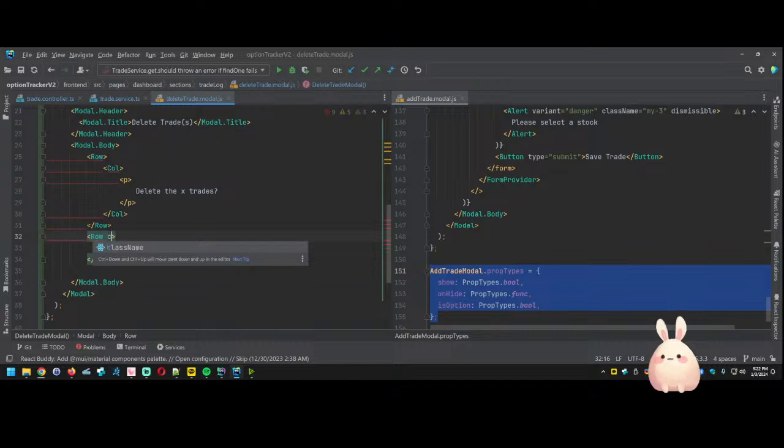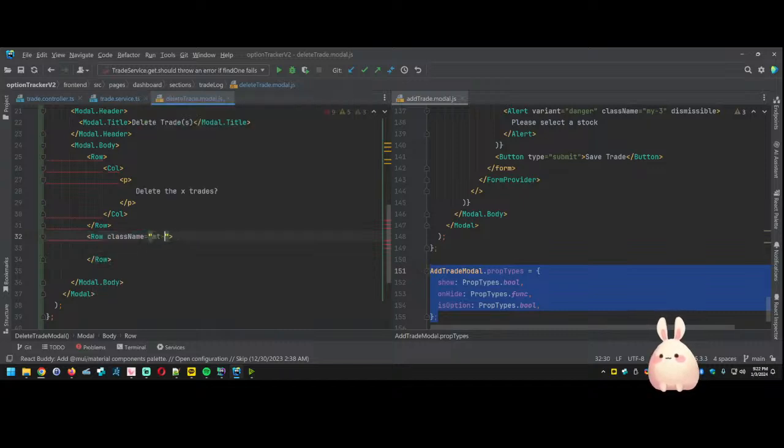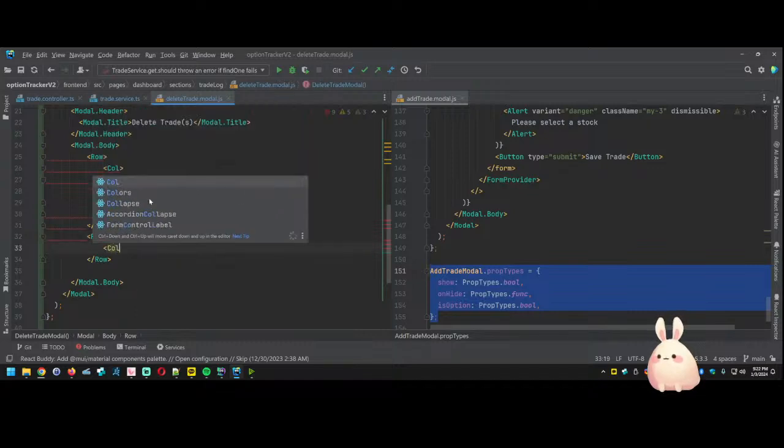This row will have a margin top of 2, column,